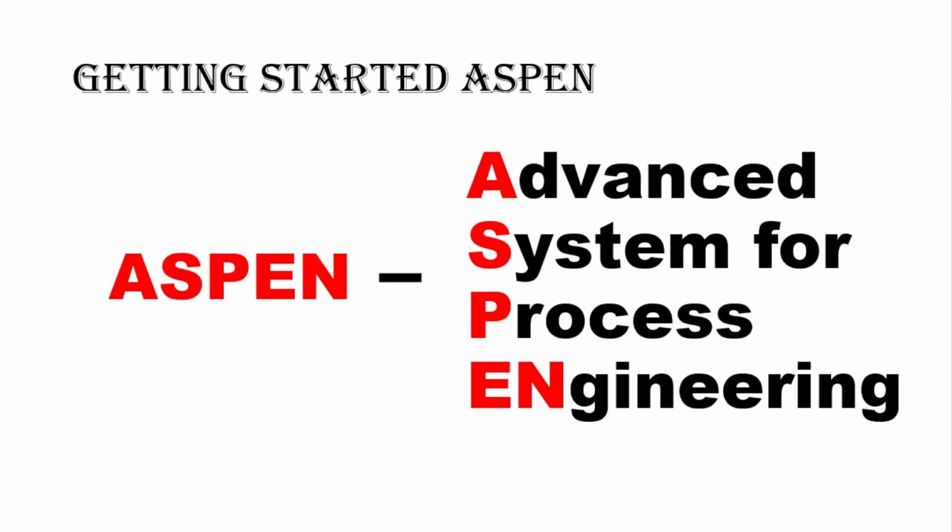So the topic for their project, the funded project, was Advanced System for Process Engineering. The Aspen that we are going to talk about was somebody's project, a project by people who were engineers like us. So advanced system for process engineering is what we are going to talk about. We are going to learn something. That was somebody's project,